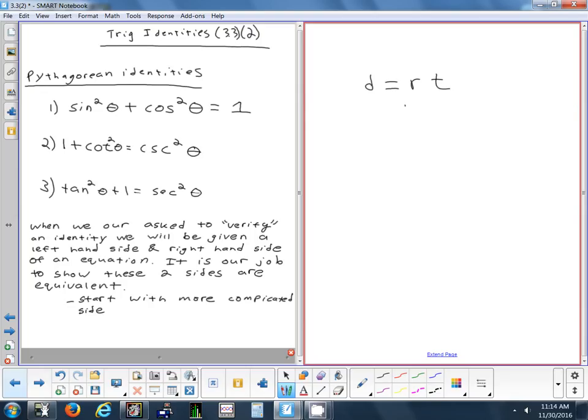What's the difference between this and this? Are those different formulas? No. All I did was rearrange the first one to get the second, but it's not like the second one is a brand new formula. Okay? They're the same basic formula. So I want you to take a look at this